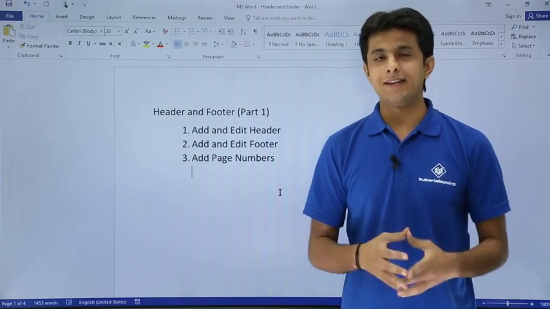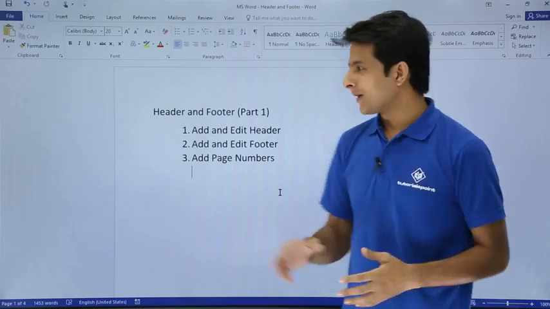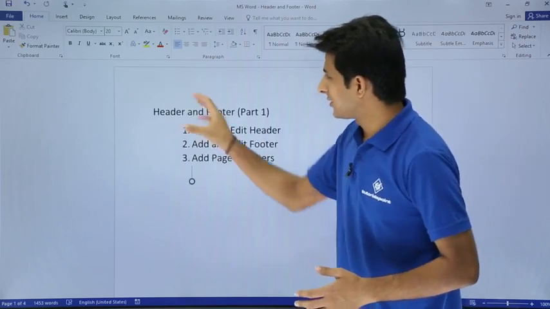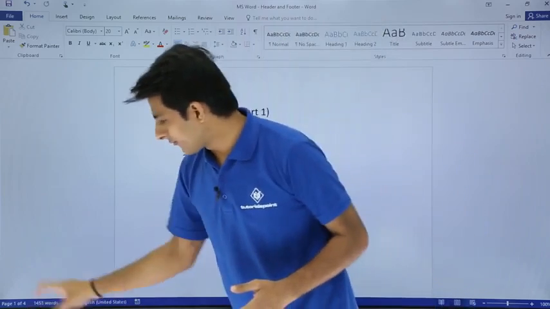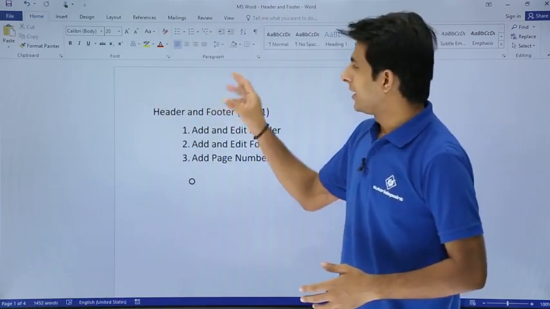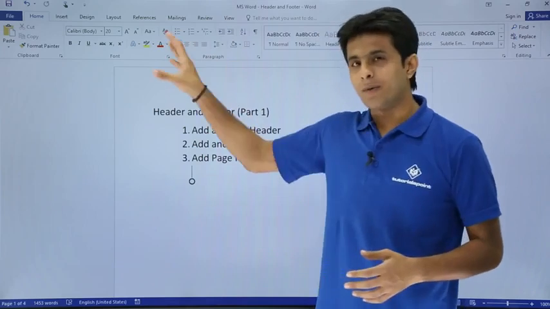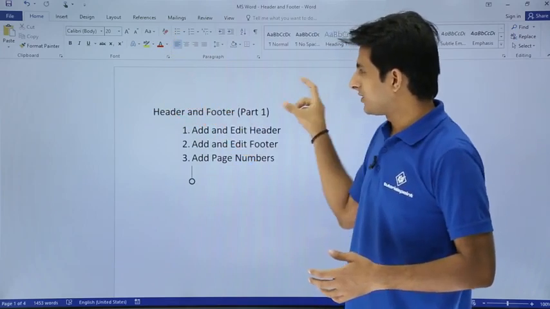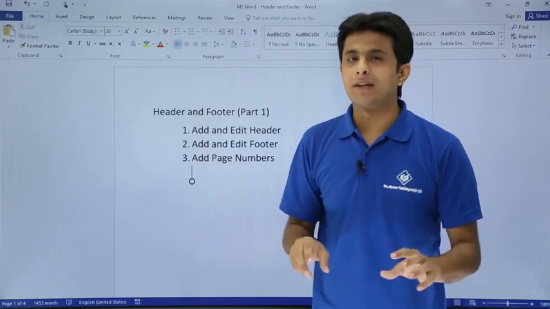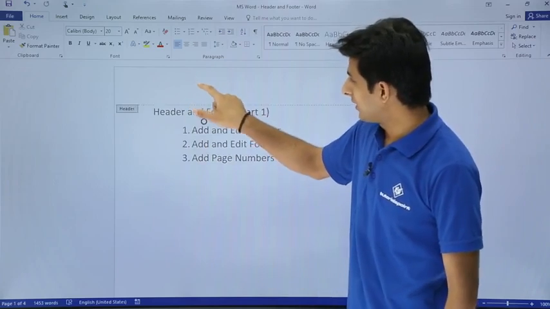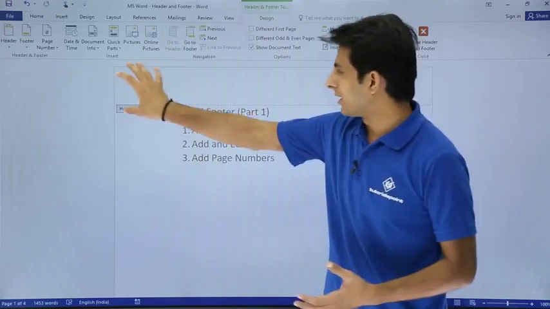So let us see the very easiest method to add a header. I'm on the first page of, total, 4 pages I have. If you want to add a header, you have to go at the top of the page and you see there's a blank space which is added. You have to just double click on it. If you just double click on that place, you see there's a header which is enabled here and you can